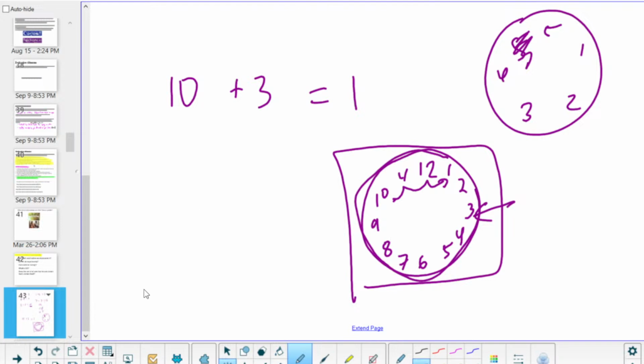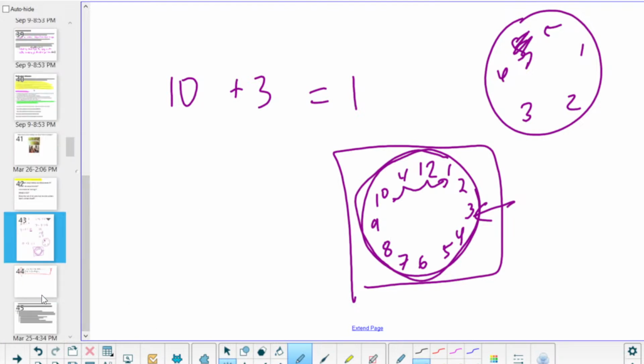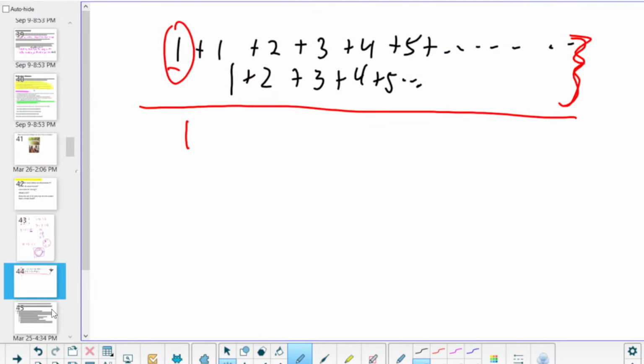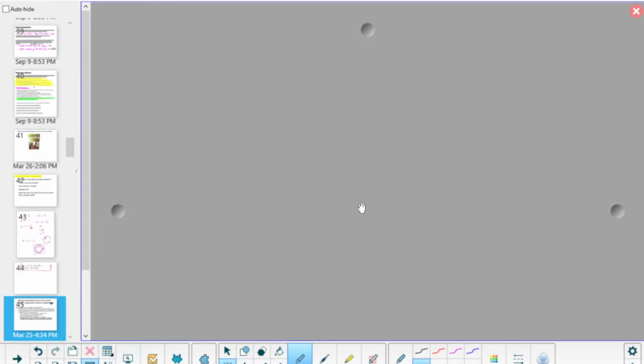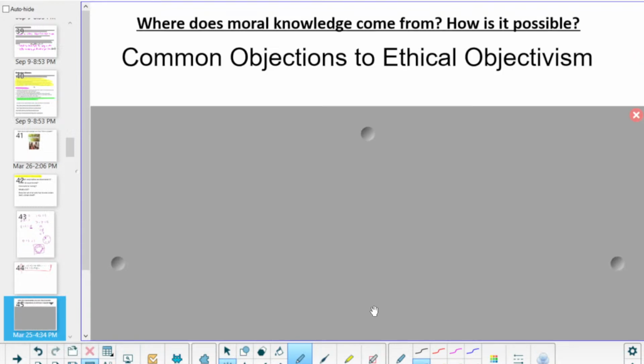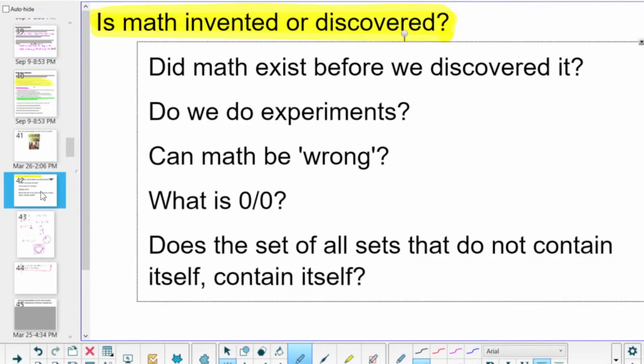Now, the reason why you may be complaining in your head and going, I didn't sign up for a math class, I signed up for science and ethics, is because now we've done all the different parts of what ethics isn't. We're going to start doing eventually what ethics is. But there's a couple points of agreement. I use math as an analogy because I think we could agree that this is something that's objective.